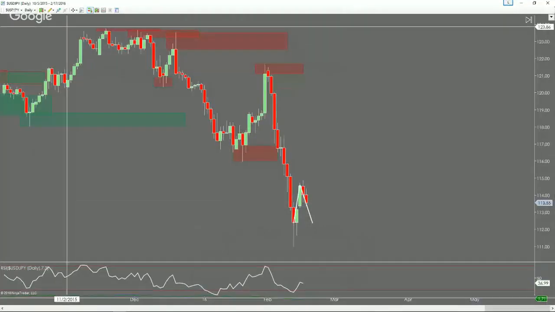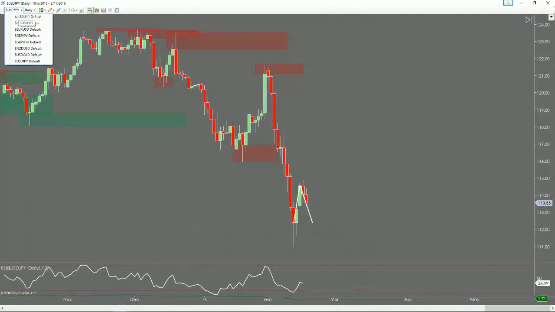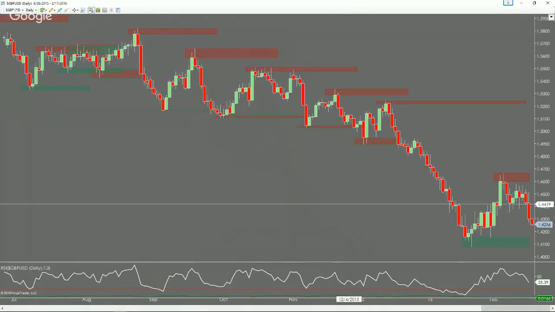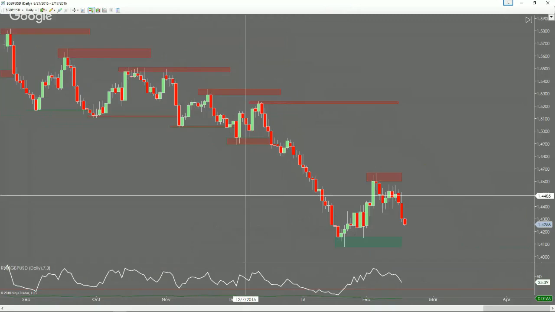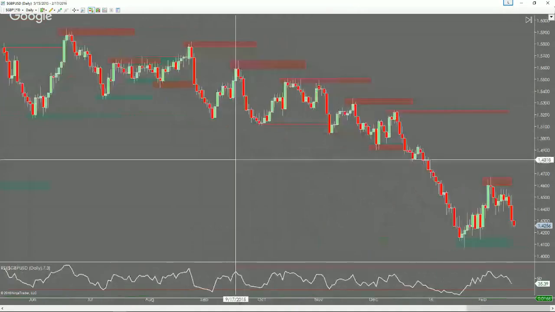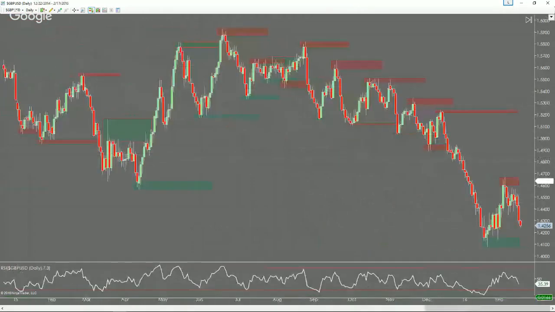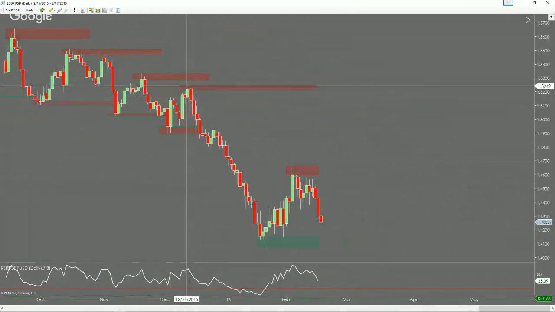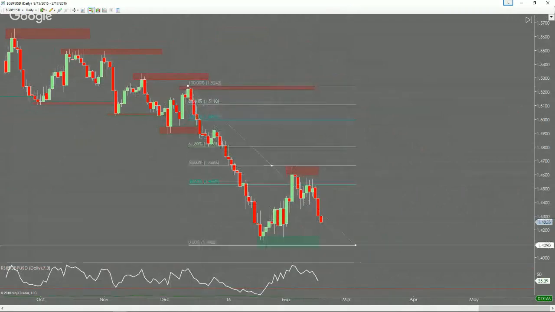Okay, now let's go to pound dollar. And so pound dollar on the daily, we've been seeing some bearish trends lately. And if we take a look at this and see,